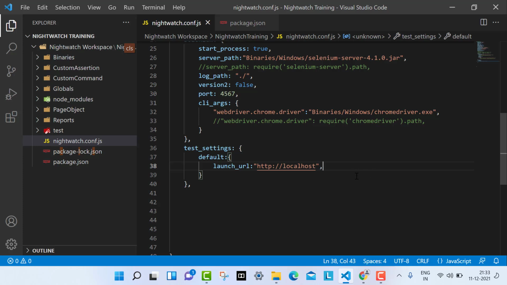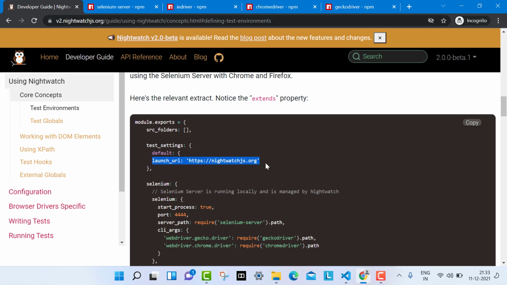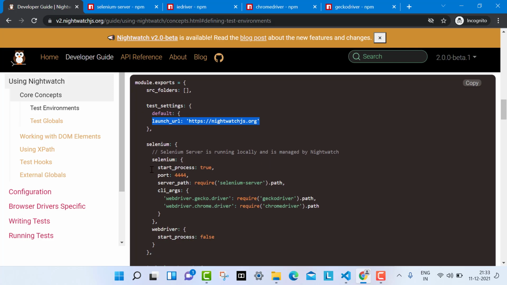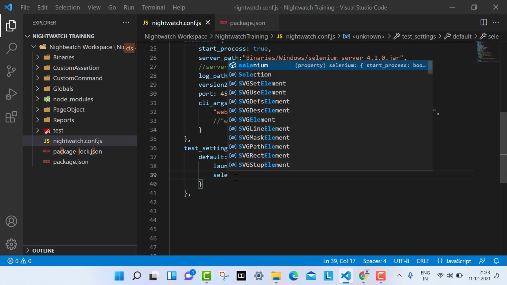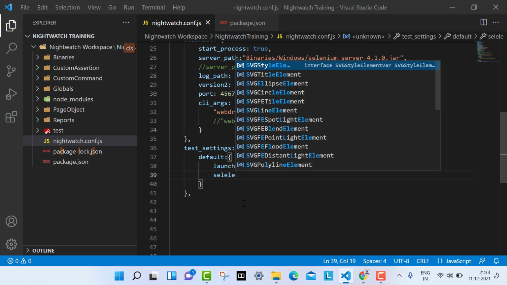Now, what are the other settings? Here you can see that if you want the Selenium server to come under these settings, then we can also give it. So let me put it there.